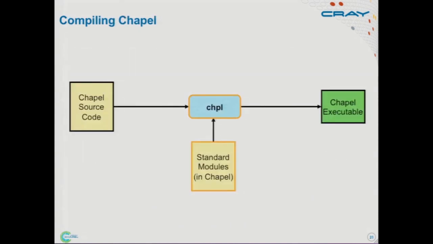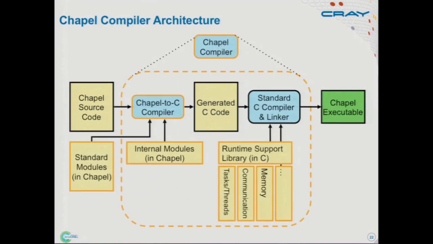I wanted to give you just a very high-level schematic of what the Chapel compiler looks like. From a user perspective, it looks like any other compiler. You feed it some source code and maybe refer to some standard modules, which you can think of like libraries, and you get an executable out. Diving under the covers a little bit, you can see a little more detail. The heart of the compiler is this Chapel-to-C compiler here. I call it a compiler rather than, as Kathy called hers, a translator, because it is really an optimizing compiler. It's just that it generates C rather than assembly.